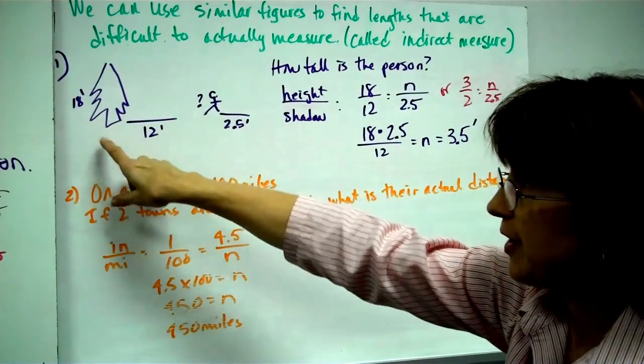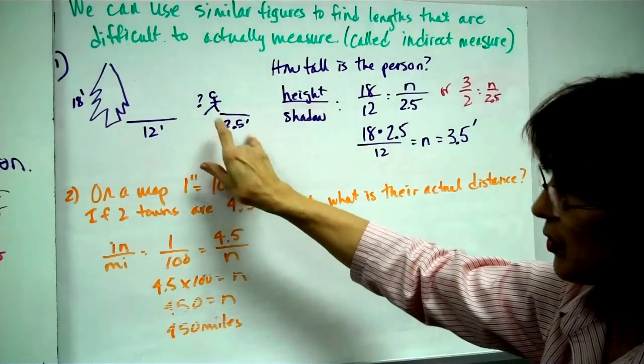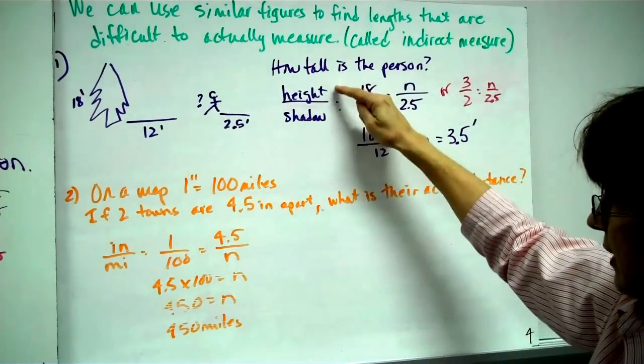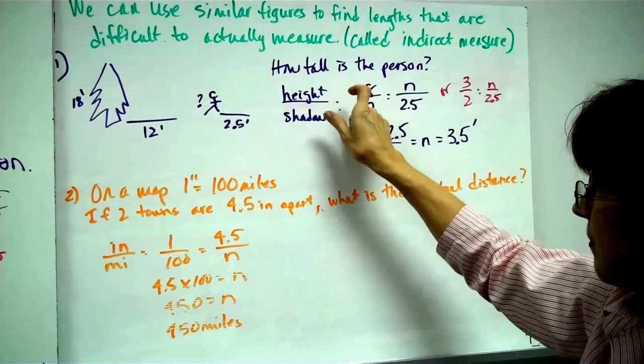We're going to say the tree is 18 feet, its shadow is 12 feet. The person has a shadow of 2.5 feet, so we don't know how tall that guy is. All right, so we do height to shadow. You can put shadow on top and height on the bottom. You could do the person